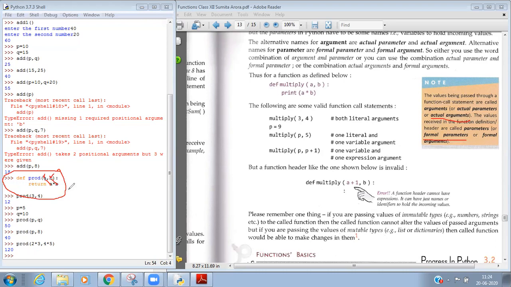So these local variables are available only within the definition of the function. The local variables of a function are known as formal parameters.